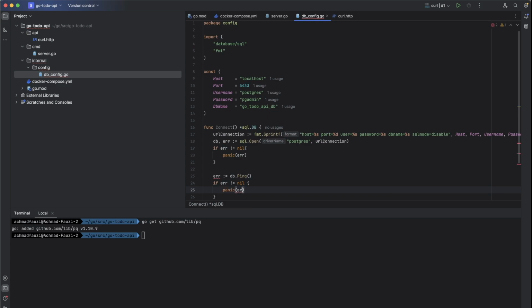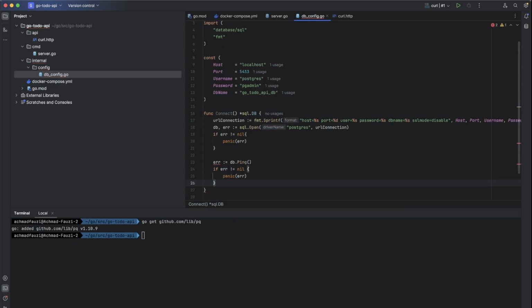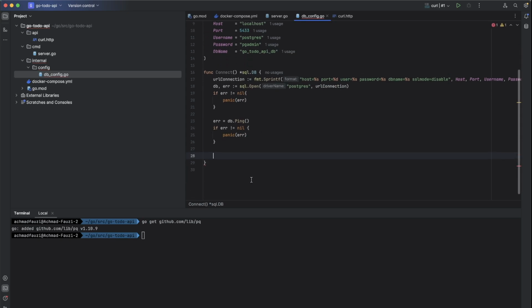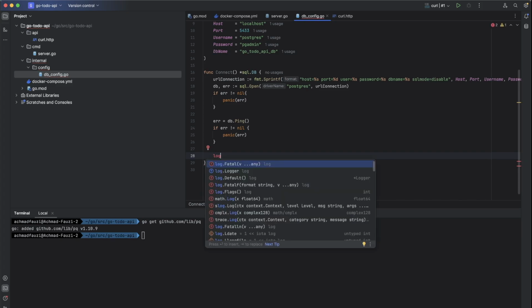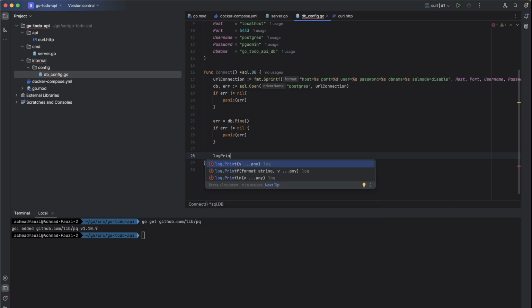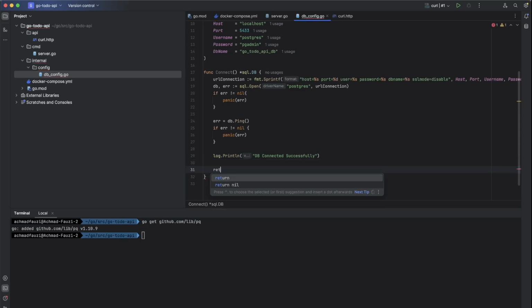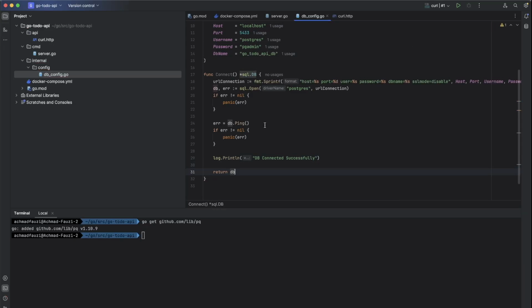Then we will panic again if there is an error. Okay. If everything goes well, we will just put an information log, log.Println, DB connected successfully, then we will return the db pointer.